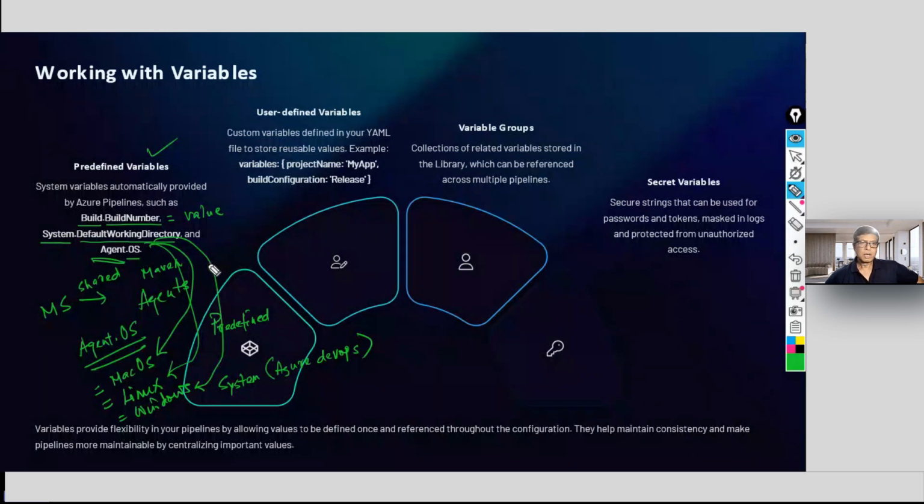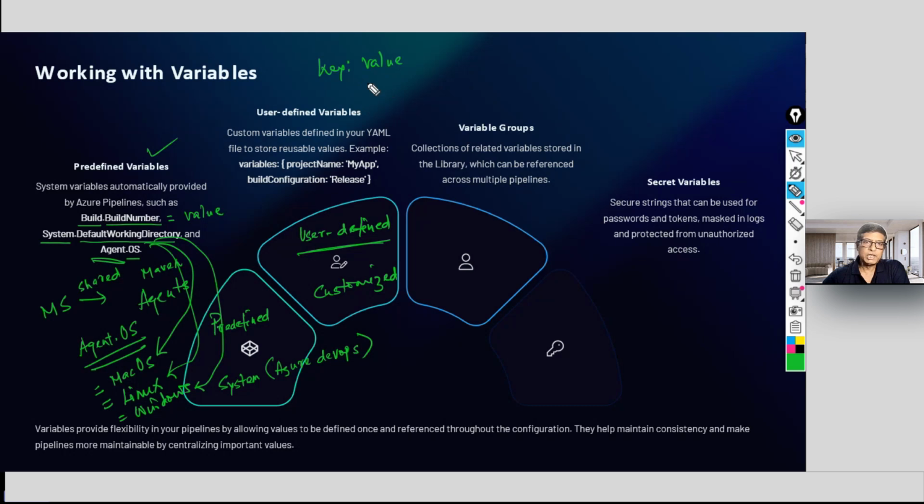And also there are user defined variables. You have defined the variables yourself, that means customized, for the need of your pipeline script. These are called user defined variables. It will always be key colon value.